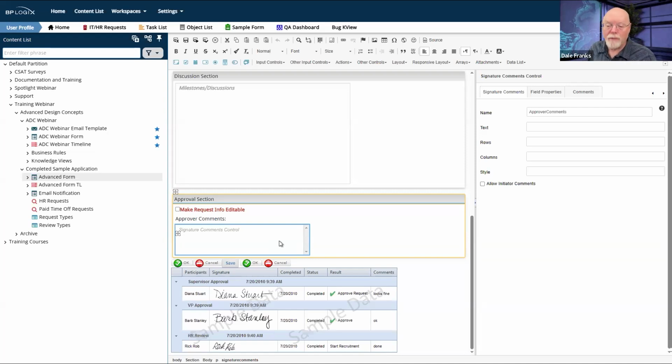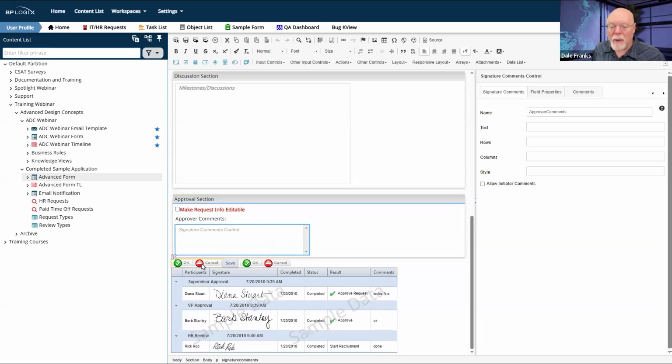So it's very important whenever you're using the approver comments, if you want to use those comments, you have to remember that is a timeline activity system variable. It is not a form field, and it does not get displayed as a form field, or indeed even saved with the form itself as form data. So the only way to extract it is by going to the activity users complete to pull their comments.